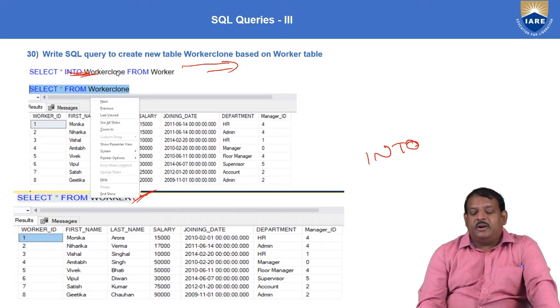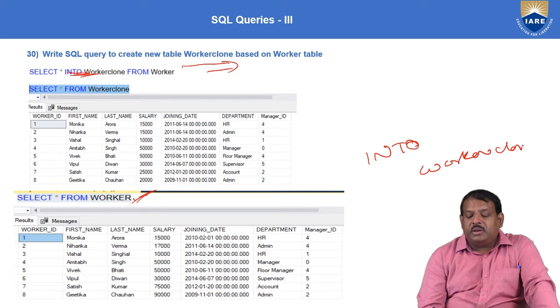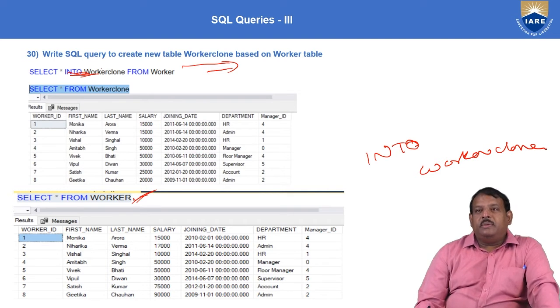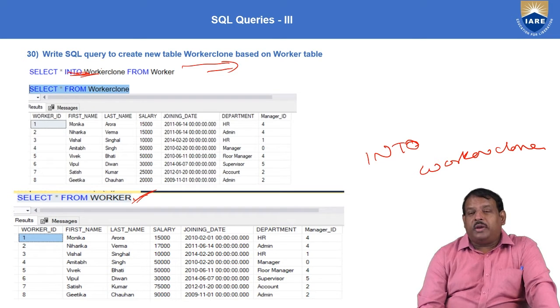Only restriction is that we have to make sure that the new table does not already exist in the database. If the table exists, we'll get an error, because in DBMS, every object is unique. So you cannot have two objects having the same name.